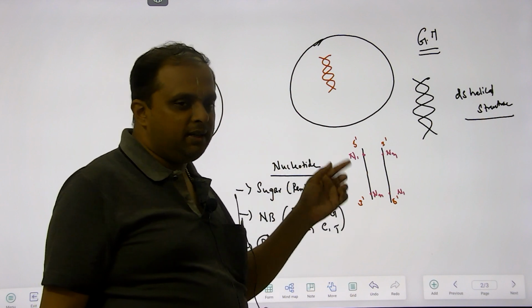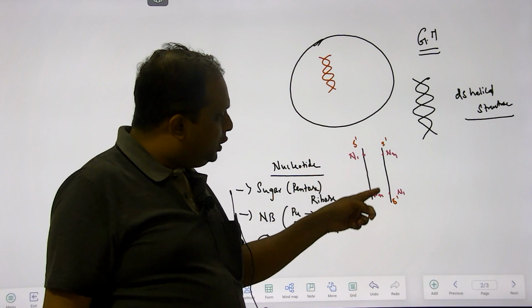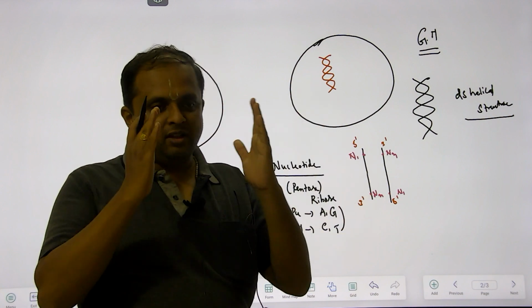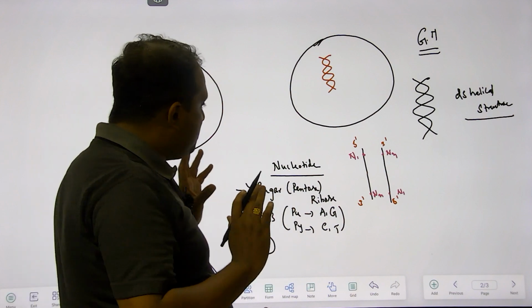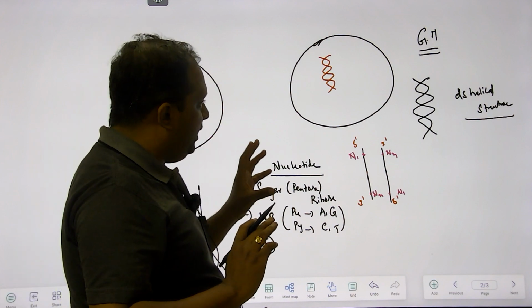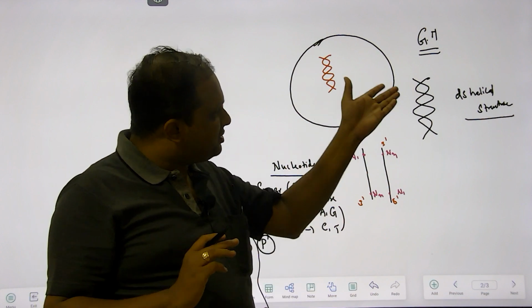Both are parallel, but they run in opposite orientation. That is N1 to NN, NN to N1. That is, you have a 2.15 centimeter scale, 0 to 15, 15 to 0, right? So this is basically the structure of DNA, okay, which we consider as the genetic material, because this DNA, in